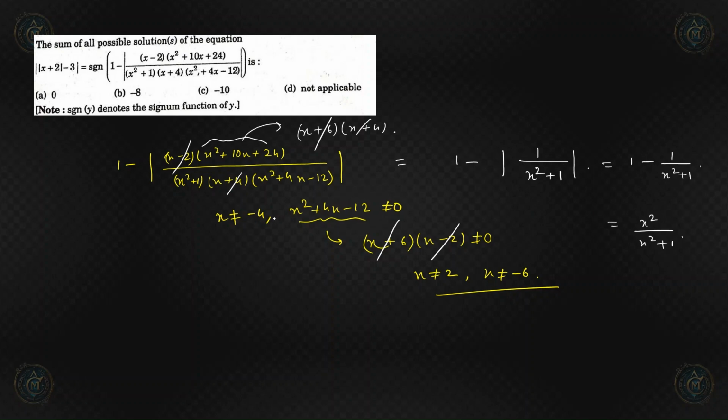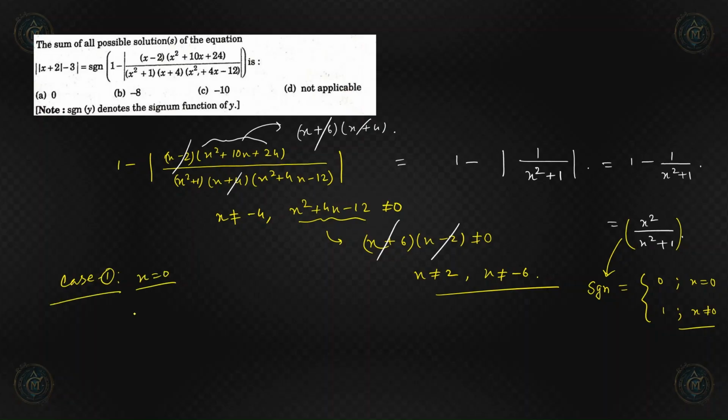Now see, we are trying to find its signum, right? So this term is always positive except for x equal to 0, right? At x equal to 0, this quantity becomes 0. So signum of this will become 0 if x equal to 0, and it will become 1 if x not equal to 0. Okay, so we have to analyze both the cases. So if we take case 1,